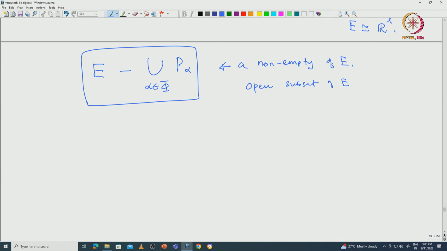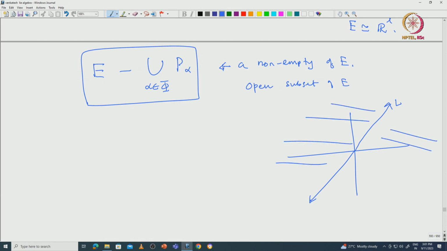Every time you remove one hyperplane, what happens? That divides E into two parts. Let us say you are inside this R2. If you take this line passing through the origin and remove it, then you get two distinct components of the complement. Now if you remove the hyperplanes that correspond to this phi, then by induction you can see that